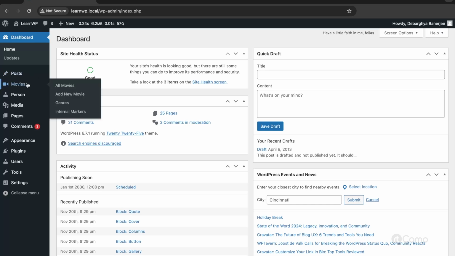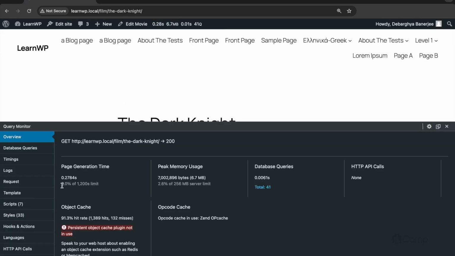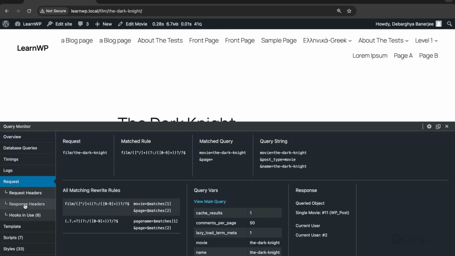Now let me walk you through an example to help you understand how rewrite API rules work. For example, let's open a movie post type, for instance The Dark Knight. If you check in the query monitor, you will notice the request film/The Dark Knight. This rule has been matched, identifying this as a movie, The Dark Knight, and then the page is set to